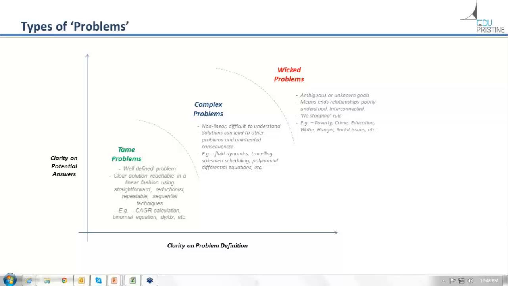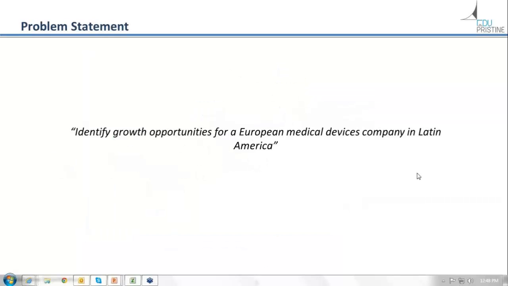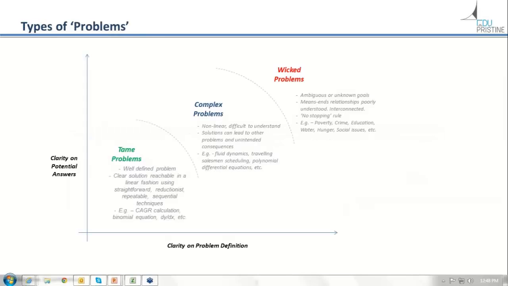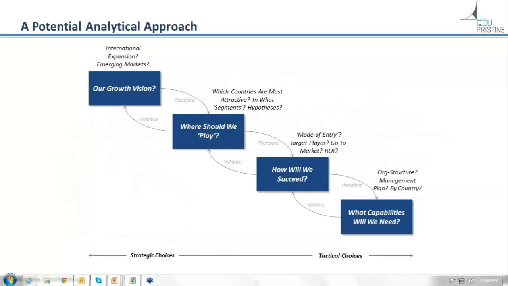So how do you grow in Latin America? We gave one solution, one set of strategic choices. That does not mean that that's the only solution. The way we are trying to keep it bounded is by saying, when we tell them, hey, the first question that you're asking is, do you want to stick to your growth vision? If the answer is yes, that starts training your problem, and that starts bounding your problem. But if the answer is no, we are actually open to changing our vision completely, there can be hundreds of solutions to that problem, right?